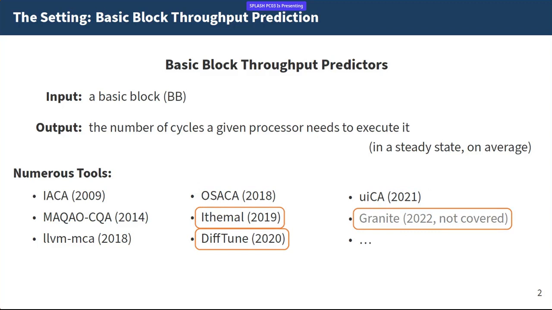And again, another line of research, including tools like Ithemal, DiffTune, and Granite, which is so recent that we couldn't even cover it in our evaluation because it was released after that. They use machine learning. So basically, they train on a set of basic blocks and measurements and predict throughput based